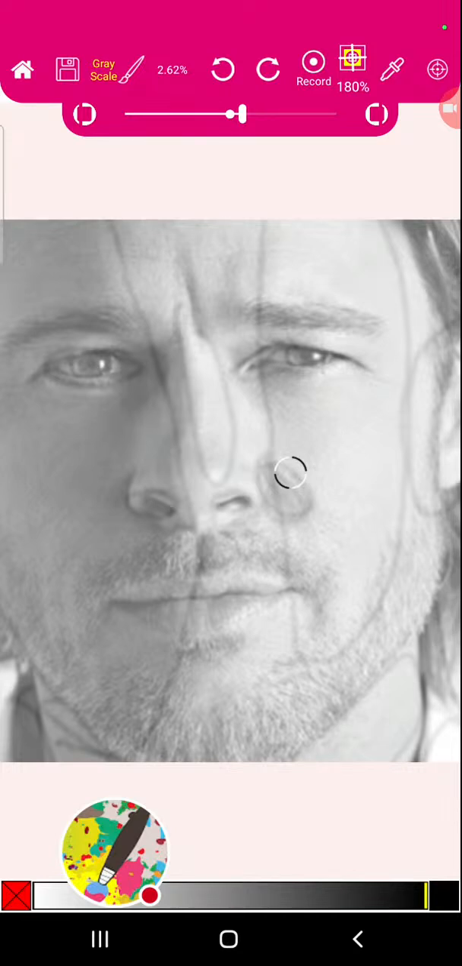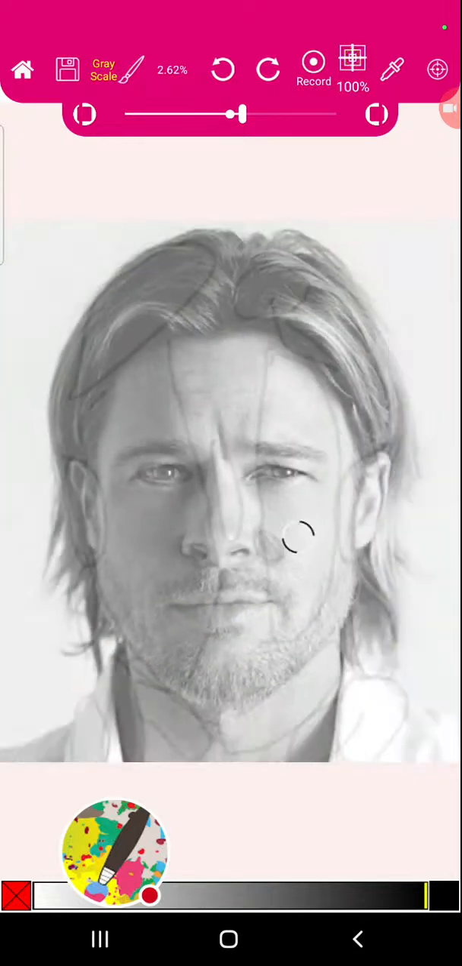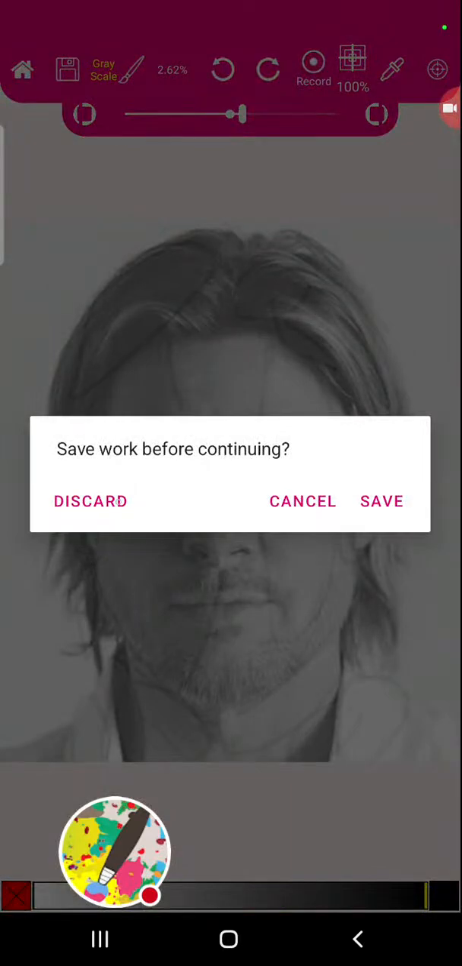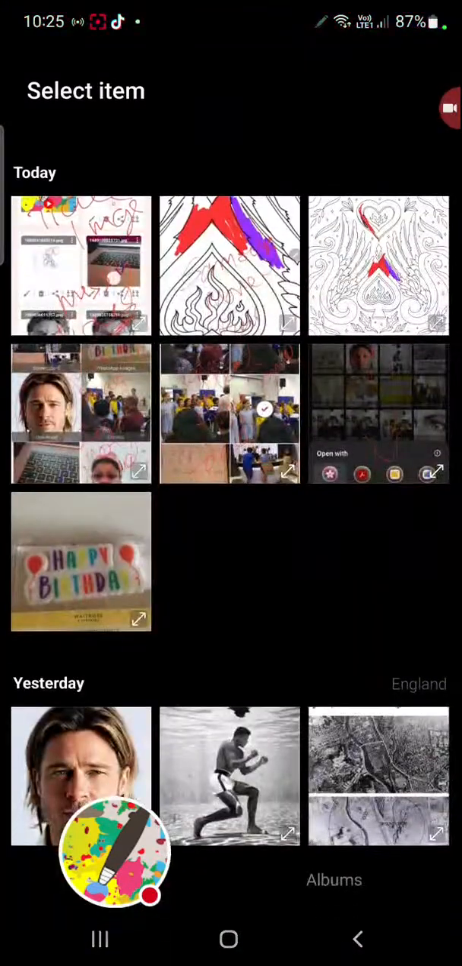And when we want to do these details of the nose and eyes, you'll see that I'm zooming in quite a lot. So let's clear the areas that I've marked and resume the drawing. I think I'll just discard that and then go back to draw, open it up again,